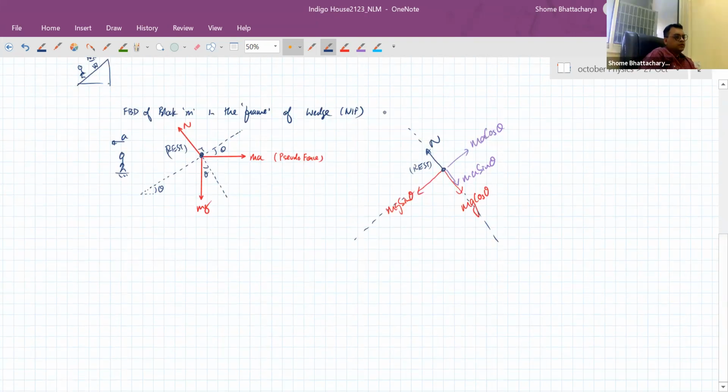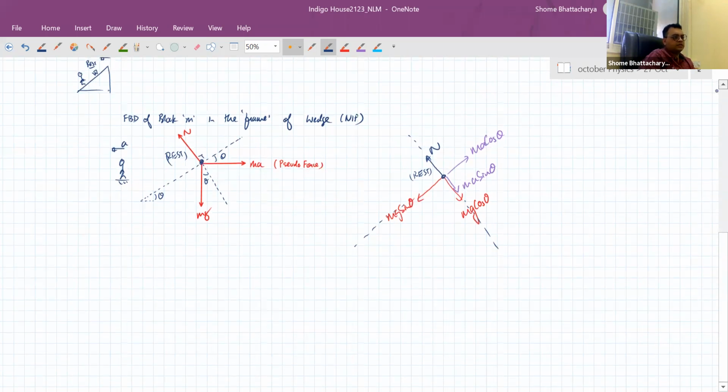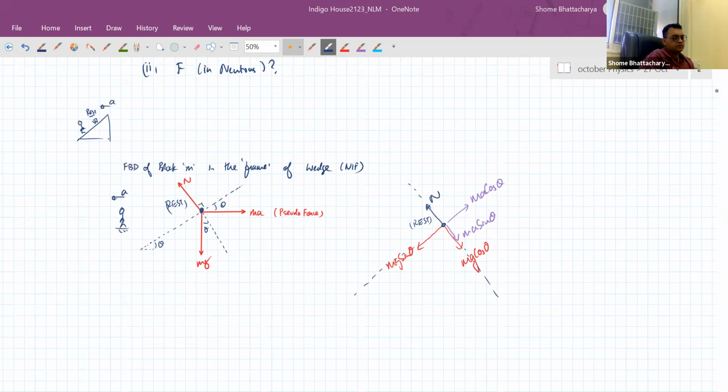Yeah. Okay, so the first thing, see what we are doing in this question is we have to find the condition for the block to remain at rest with respect to the wedge. Yeah, see Ethan, it's very simple. The wedge is moving with an acceleration a with respect to the ground, and in the frame of the wedge, the block is at rest. So the block is actually moving along with the wedge with the acceleration a in the ground frame. Okay, so in ground frame,